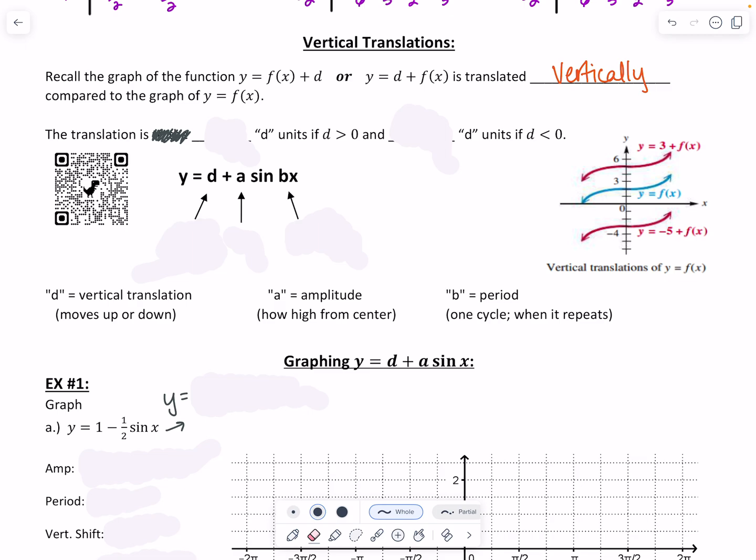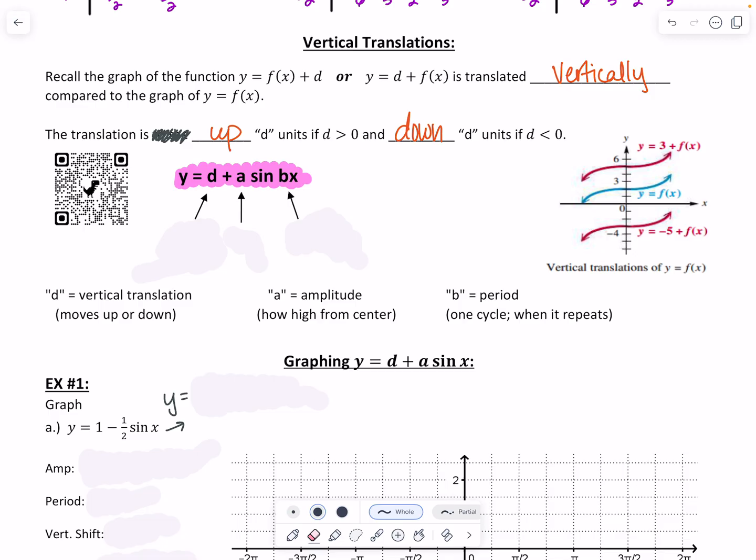If it's positive, I'm going to go up. If it's negative, I'm going to go down. So the translation is up d units if d is greater than 0, and down d units if d is less than 0. So putting it all together, if I have this full equation for sine or even cosine, remember